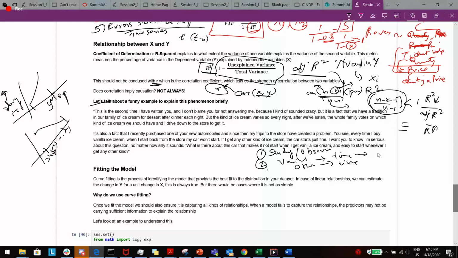For example, if he usually takes 10 minutes to pick up other ice creams, for vanilla he has only taken 3 minutes. That is because if you look at the composition of the store, this is the entrance of the store, this is where the other flavors of ice cream were put, and this is where the vanilla was put. So he used to go and come back to his car, which was parked somewhere over here.